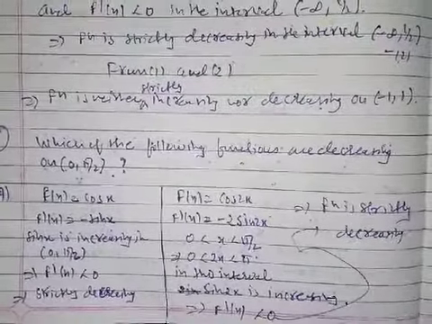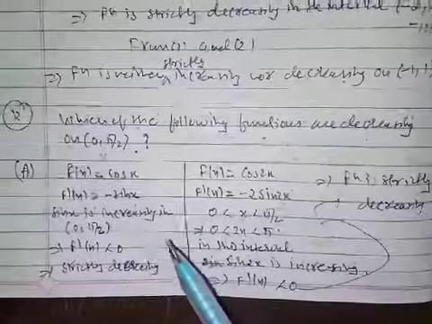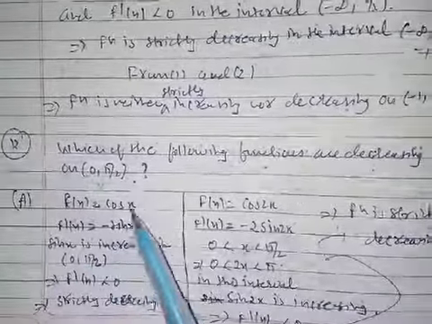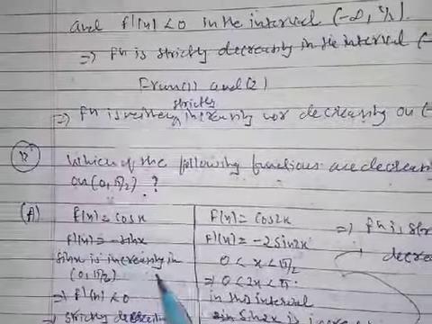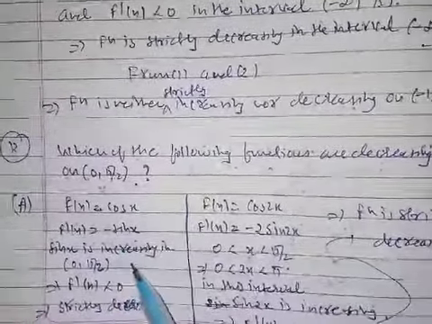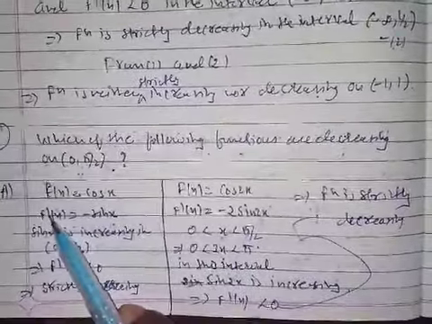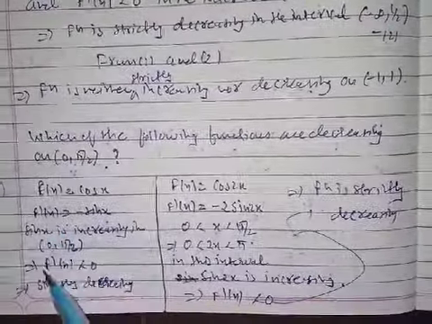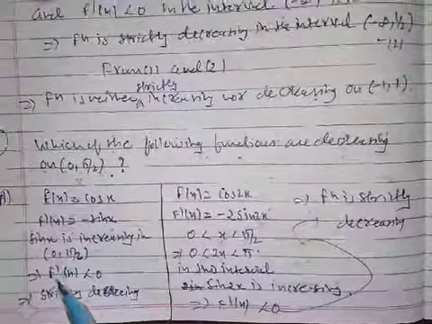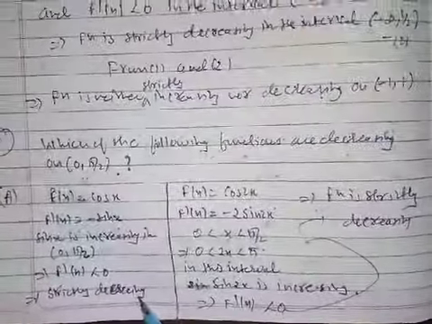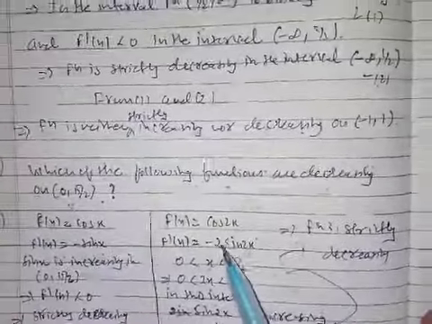So it is strictly decreasing. Understood? F dash is sin x. Sine function in the interval 0 to pi by 2 is increasing. So increasing means plus. Plus into minus is minus, and therefore the final result of f dash of x is less than 0. So it implies that f dash of x is less than 0, which is strictly decreasing. That is the check for